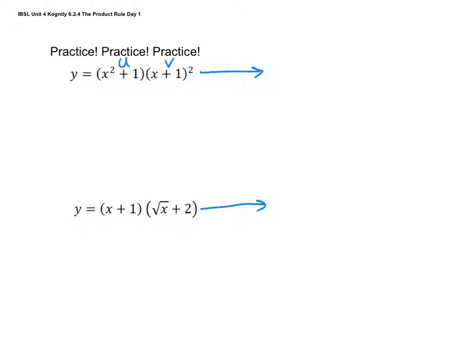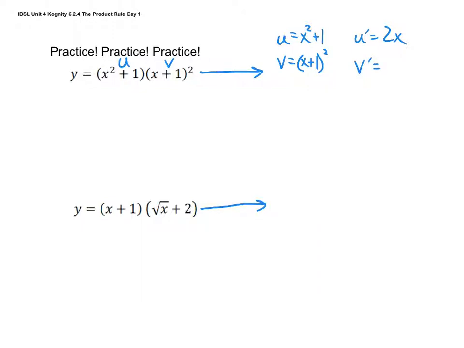U is x squared plus 1. V is x plus 1 quantity squared. So what are we going to need to use to find the derivative of v? Chain rule. U prime would equal what in this case? 2x. And v prime,